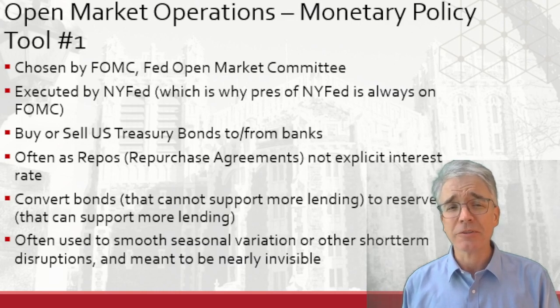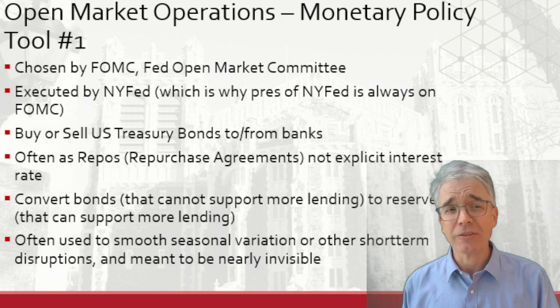Instead of explicitly setting an interest rate, the idea is if I buy something for $100 and after a year I pay back $104, maybe we have a contract that says exactly that, then that's like a 4% interest. You don't have to call it interest. It may be useful in various scenarios to not call it interest, but it's essentially an interest rate. That's called a repo or repurchase agreement.